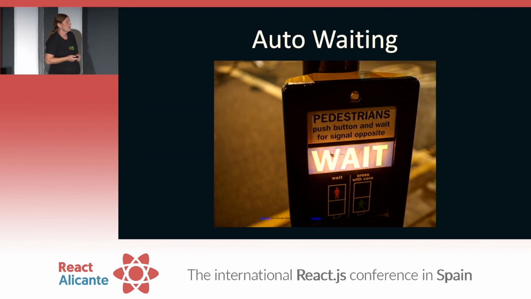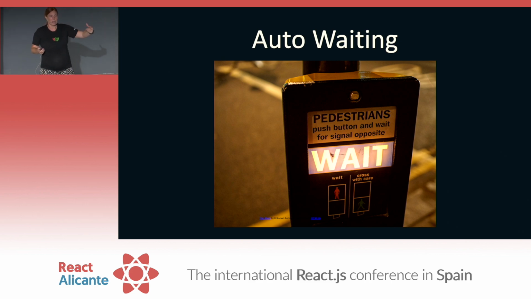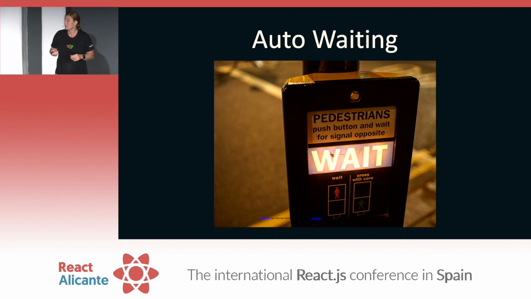Auto-waiting. Really important. What does that mean? We've seen how React re-renders the page, right? When that element is ready on the page and re-rendered, Playwright is going to wait for that to have re-rendered to be ready on the page. You don't need to set timeouts. You don't need to do any of that work. It's all done for you. It just works.